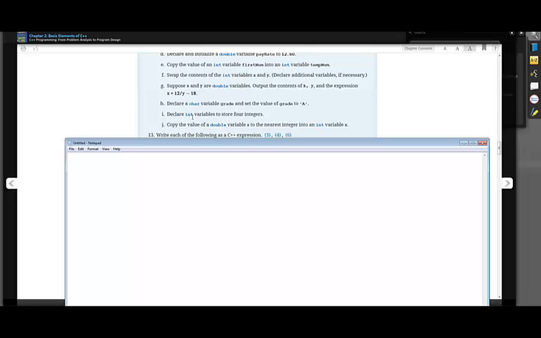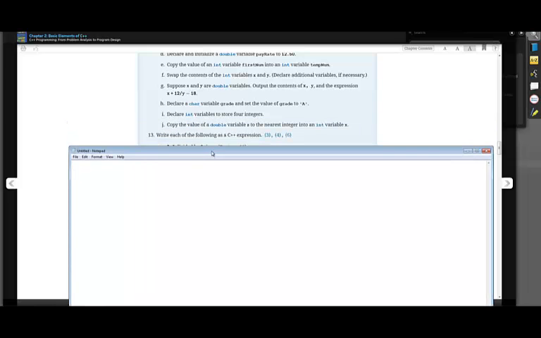How do you declare int variables to store 4 integers? Make up 4 integers: num1, num2, num3, num4. How do you declare that to make it an int? Okay, that's yours. J is another very interesting one. It says copy the value of a double variable z to the nearest integer of int variable x. Read in your book. I can't give away this answer, but you've got to read about